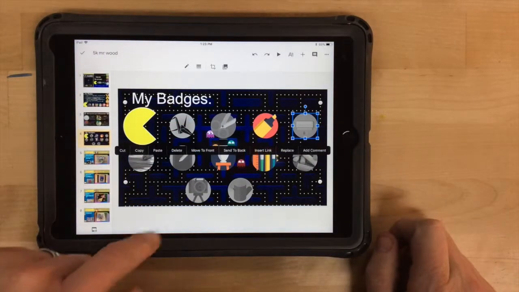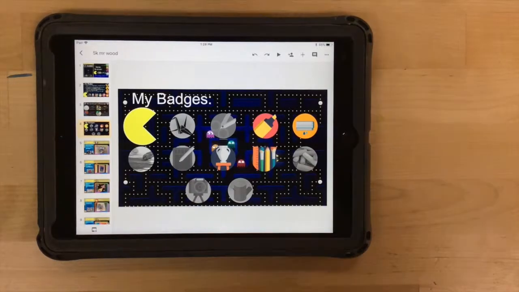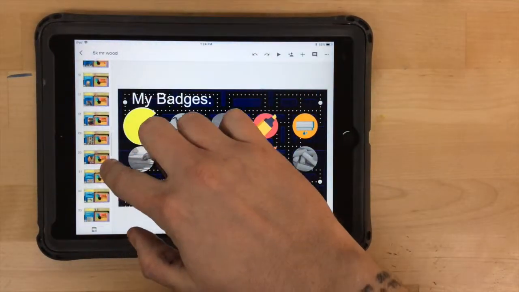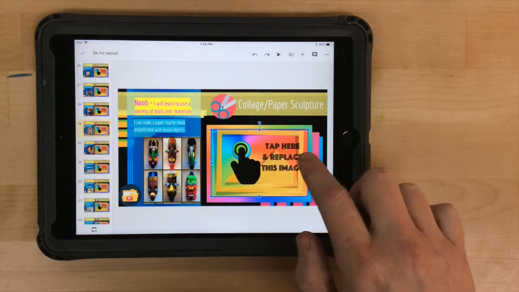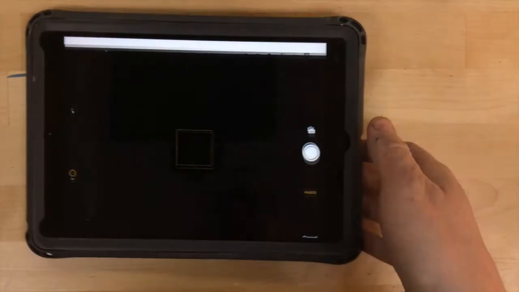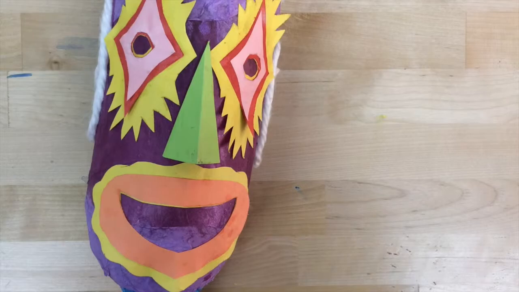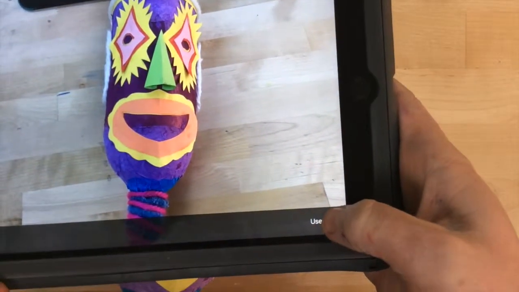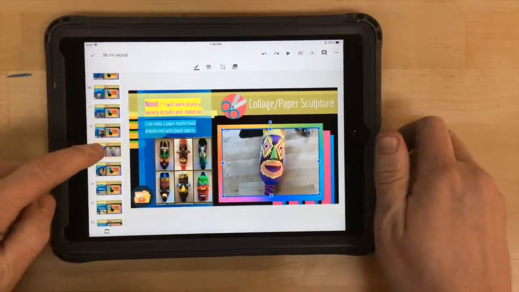Tap the grayscale and delete to colorize the badge. I'm just deleting the grayscale image, which is right on top of my color image. On the iPads and the Slides app, we don't have the option to reset an image, which is why my badge board is 2 layers of images on top of each other. So again, I'm going to just put in evidence of a 5th badge, use the photo, tap and hold the slide to drag it up,